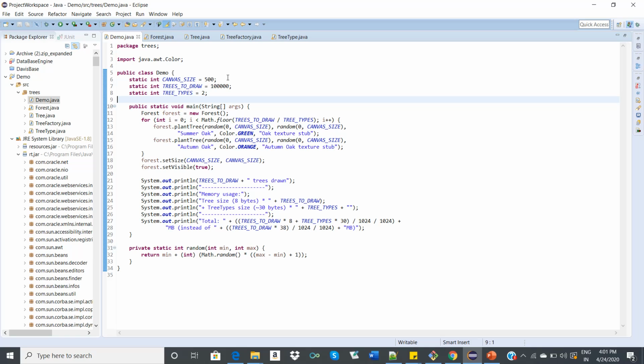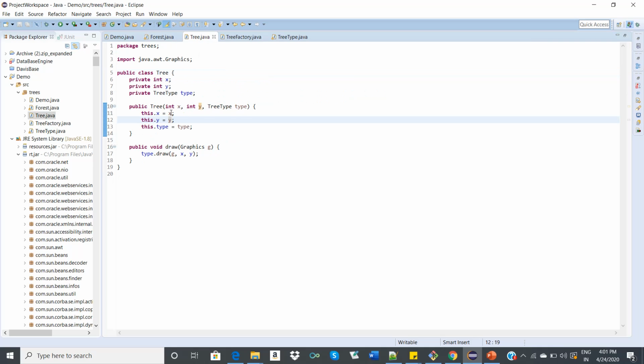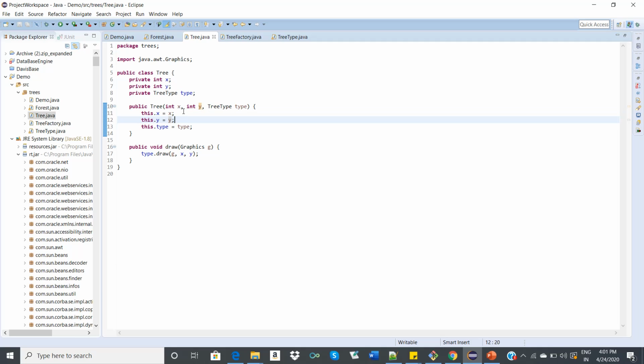I created a program where I'm creating a forest which has so many trees, and each tree has a coordinate where we need to plant it. From these coordinates, we'll know where we need to plant in the forest.